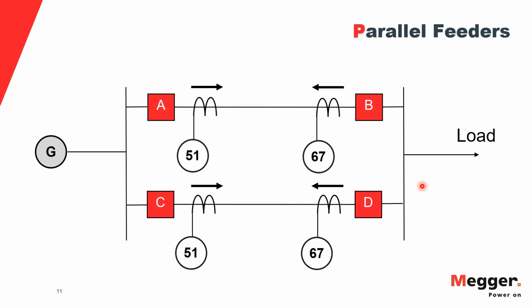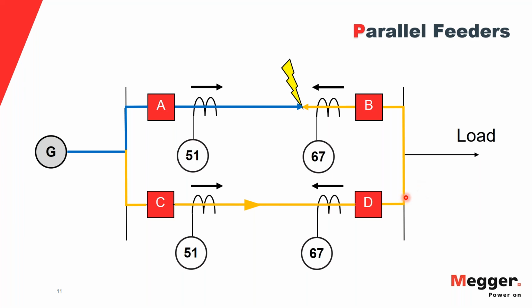So 67 is the ANSI standard for directional overcurrent protection, and 51 is nothing but non-directional overcurrent protection, right? So if I have a fault here, the directional overcurrent protection has forward looking points and reverse looking points. So for a fault on line A and B in this scenario, my generator again is going to feed the fault through breaker A,